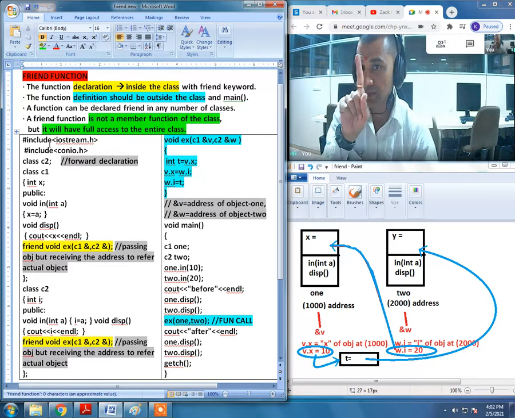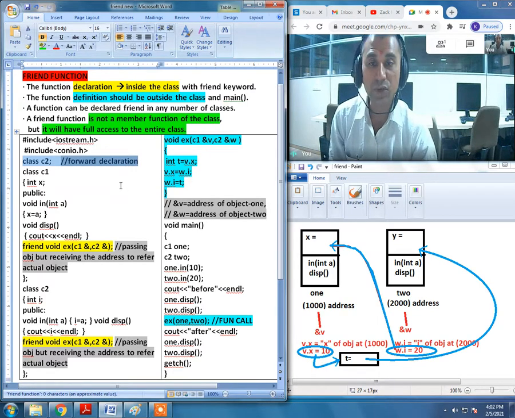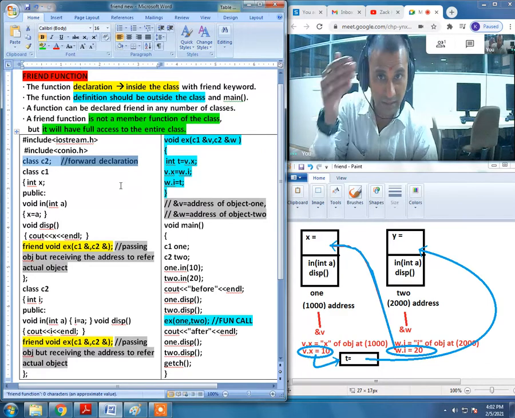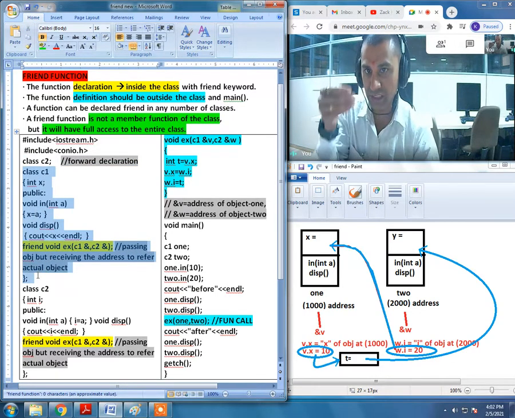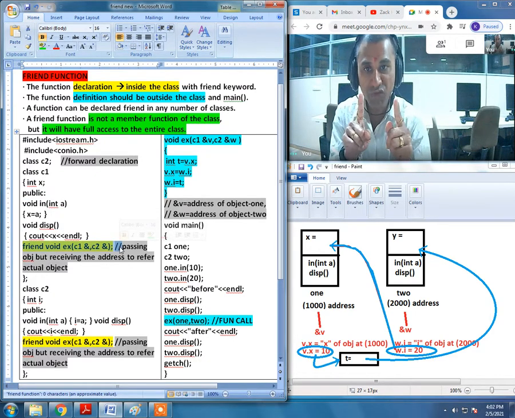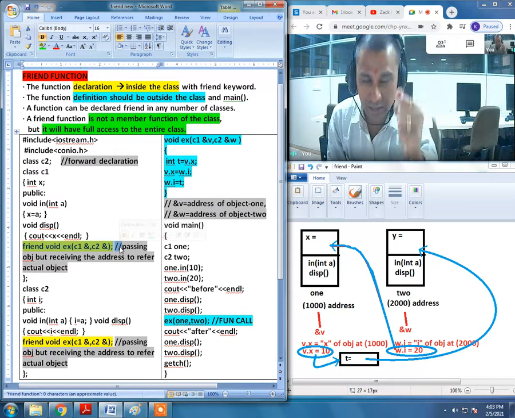First of all, the first part right over here, the highlighted part, is known as the forward declaration, the declaration of the second class, the next class, in order to inform the compiler that one more class is defined in the later part of the program. Then the C1 class is defined. So inside class C1, we have a variable x and two functions, in and display. Apart from that, the third important part is the declaration of a friend. That means the exchange function is going to be a friend to class C1. That means it is not a member function of the class, but it will be accessing everything of that class.